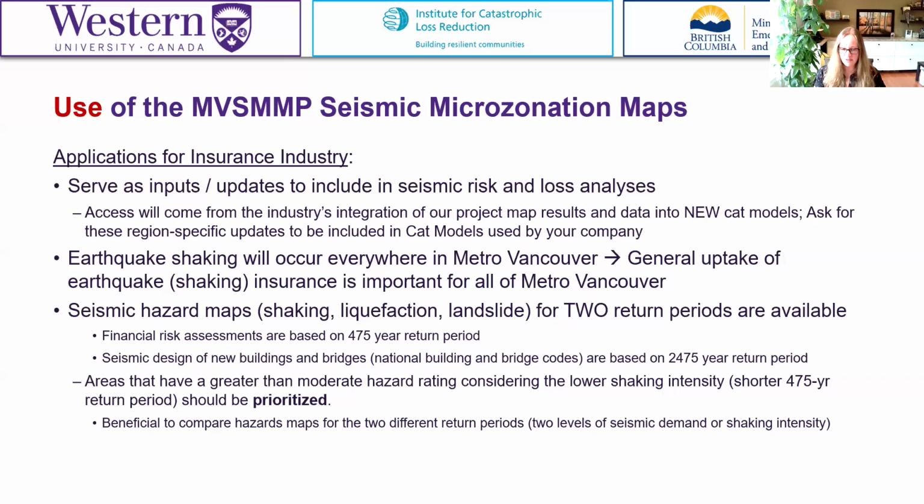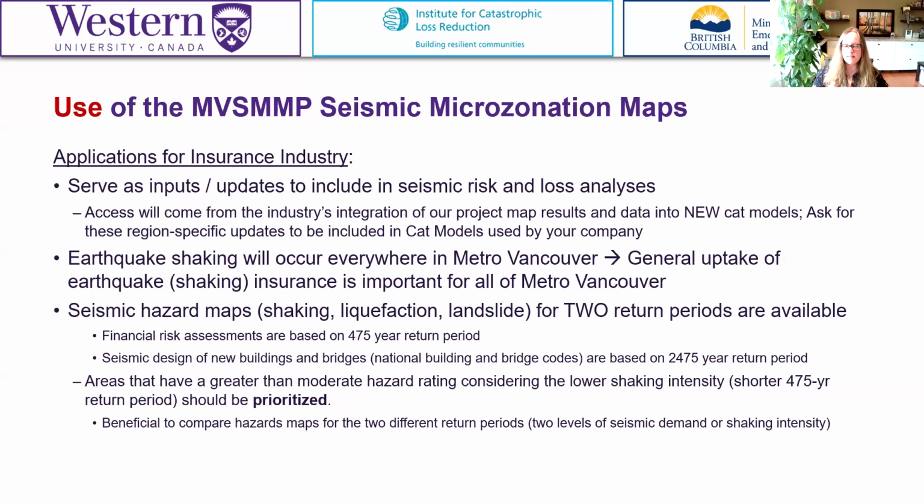So this is potentially intuitive to you, but for a shorter return period, if the map is already showing that the hazard is moderate, high, or very high, that's a problem. And it's going to be higher for an even longer return period. It's these places, where for a shorter return period it's already a very high hazard rating, that we're concerned about. We should start there. And the two return periods that we chose,